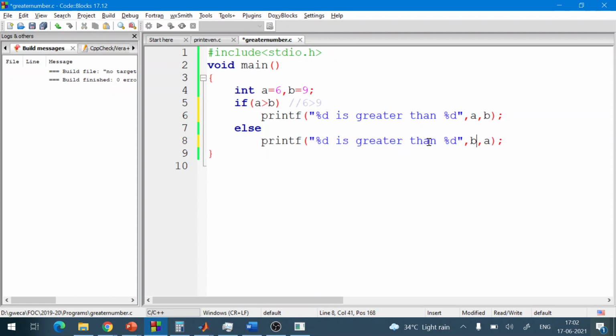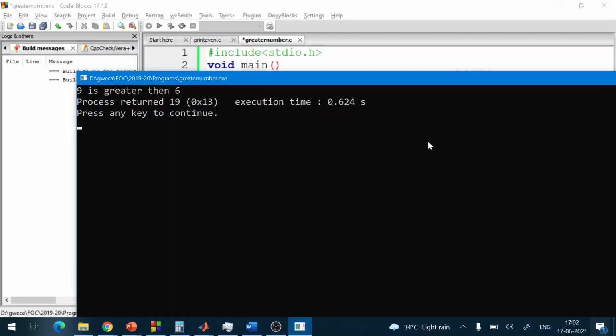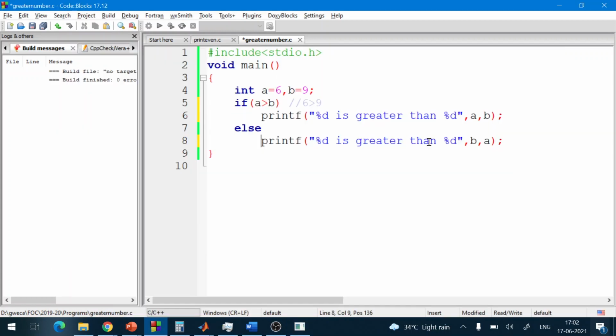The first %d would be b and the second %d would be a. So this will become 9 and this will become 6. So 9 is greater than 6, and that is what we are getting in the output. Fine. In this way you can find the greater of two numbers.